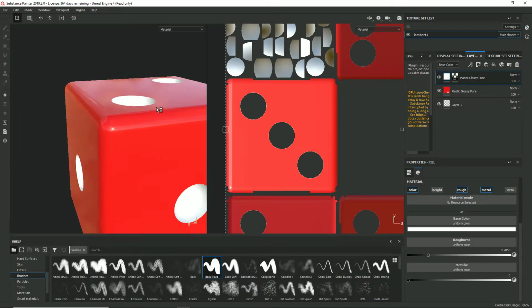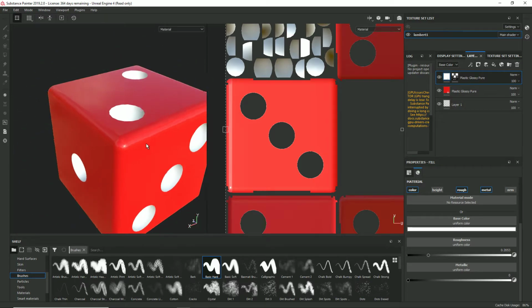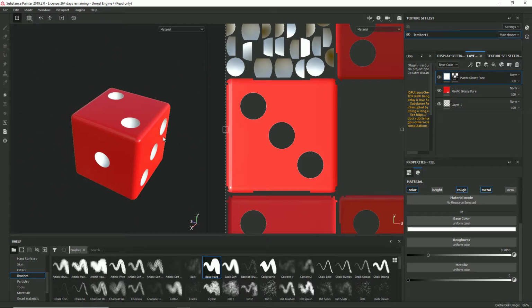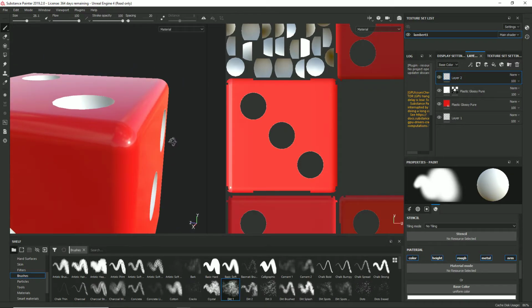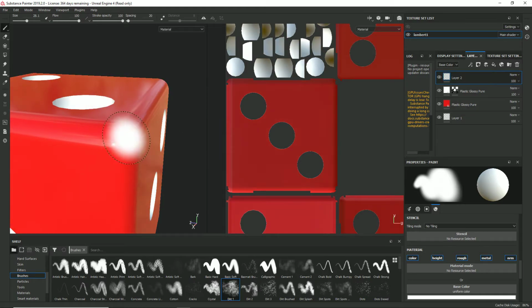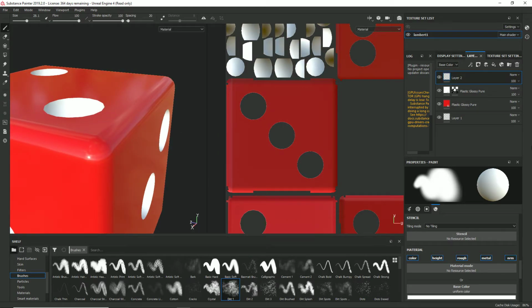If you wanted to get a little bit more advanced, let's say this was a really, really big prop in your scene, and you wanted it to look like it had some scratches or some dirt on it. There are a lot of things we can do to make it look like that. So let's say, for example, you can create a new layer right here, and this would be your scratchy layer. In order to see it, I'm going to have the light at an angle here, because this is going to be pretty subtle. And I could turn off my color, my height, my metal, my normal, just turn on roughness,